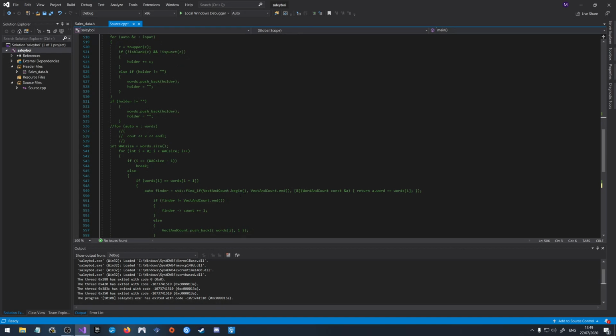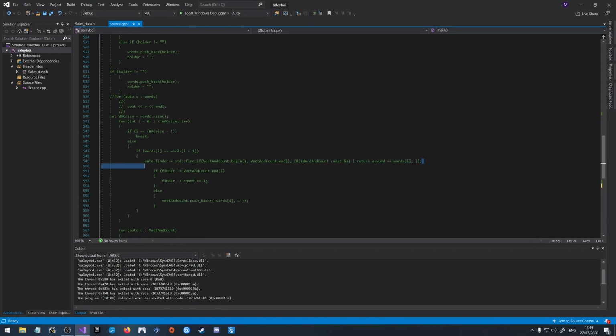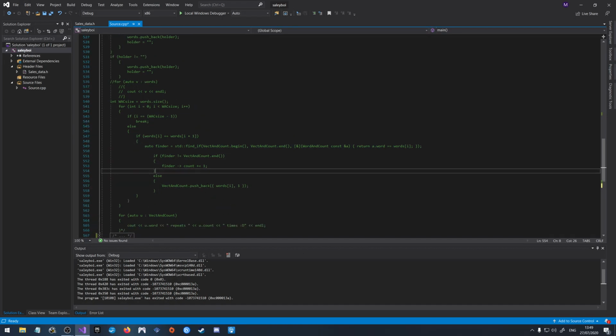I don't think the guy who told me how to write this into my program followed me, so I can't call him out on this, but what is going on here? Auto find equals std::find_if vect and count dot begin, vect and count dot end, and word and count const and a return a word equals words i. Jesus Christ. I can't remember what this does. I mean, I know what it was doing. If words i is equal to words i plus 1,